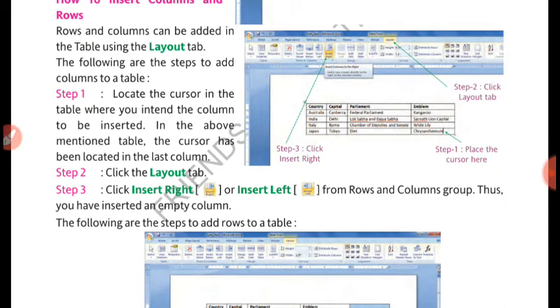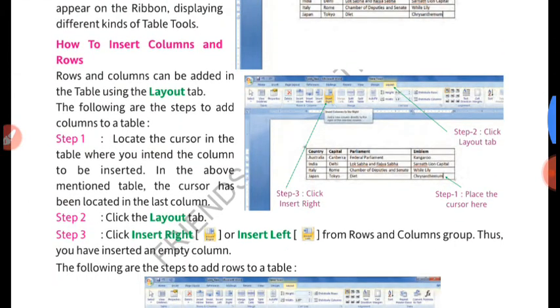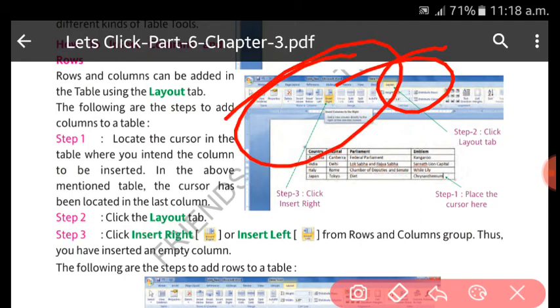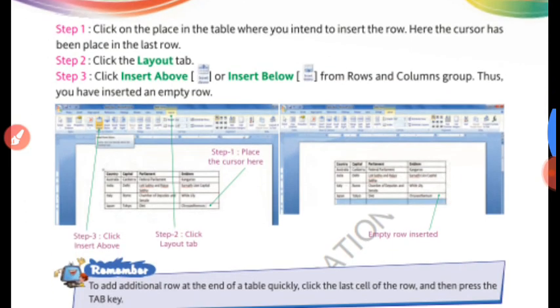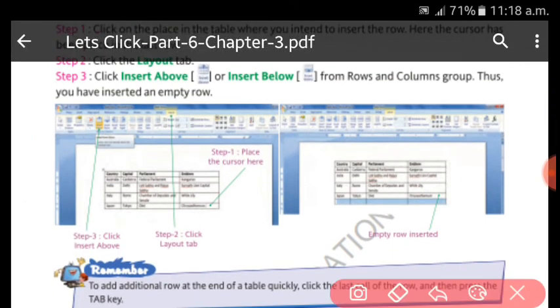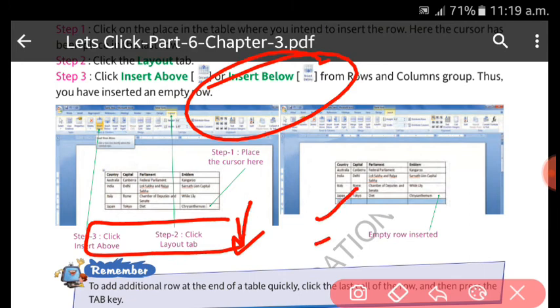So remember, you have to click in the particular cell, okay, wherever you want a row or column. Then you will have to go to the Layout tab, and many options are there. As per your choice you can choose the option. Okay, you can see in the picture it is shown. If you would like to insert a row, you will have to click here, and then choose the option Insert Below. So just below this, one more row will get inserted with the same number of columns. You can clearly observe, right?